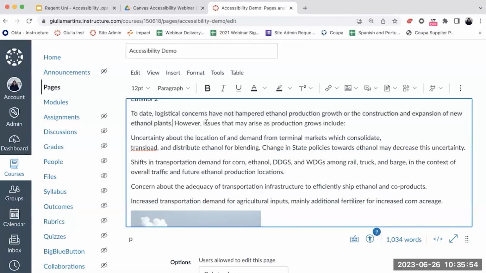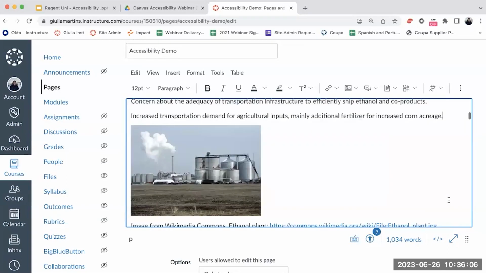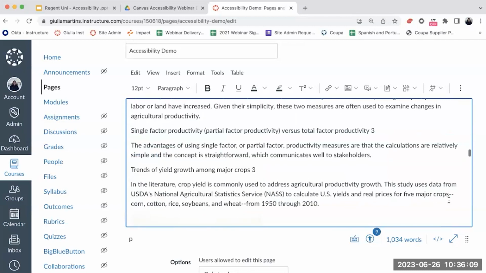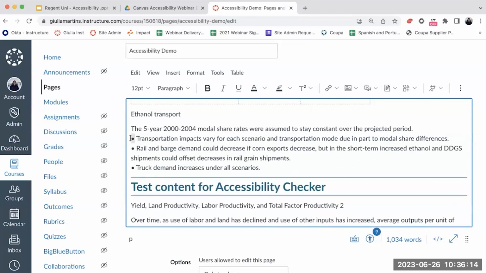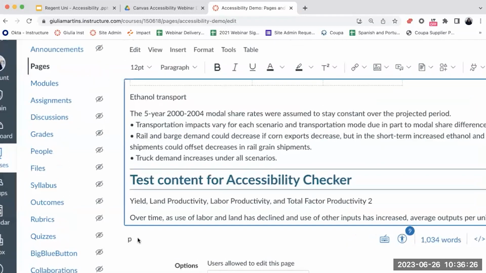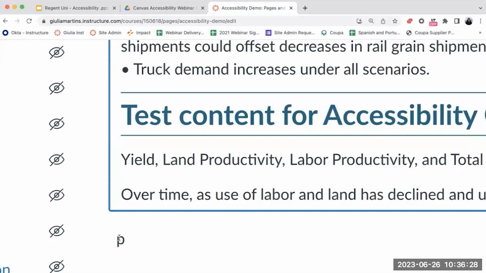And then, however, issues that might arise as production grows include, and this would give me an indication or a feeling that whatever I have after should be a list, right? If I scroll down, another thing that is fairly common right here, you see that in this case, the user edit those circles, but they're not using a list function. And how do I know that? As I come right here, you see right down here in the bottom, it will simply indicate a P